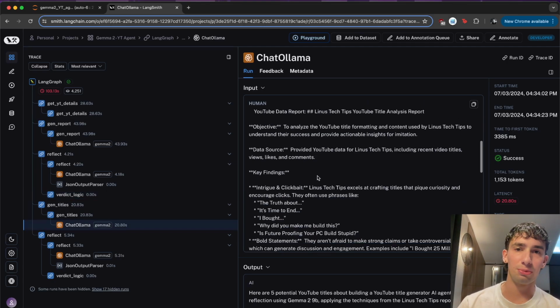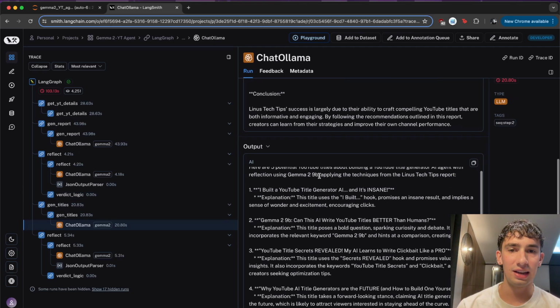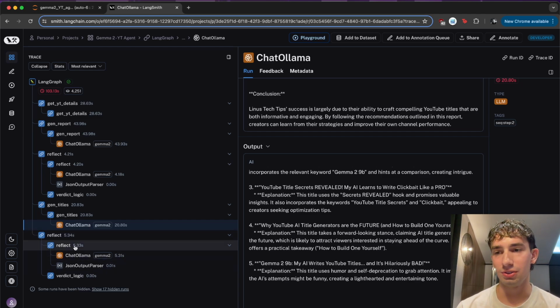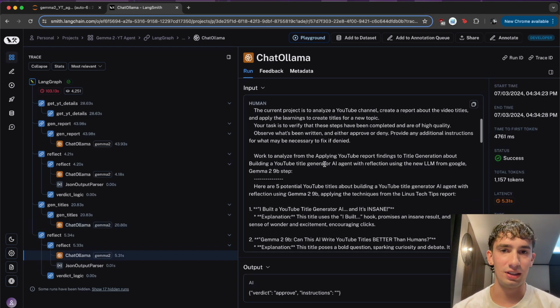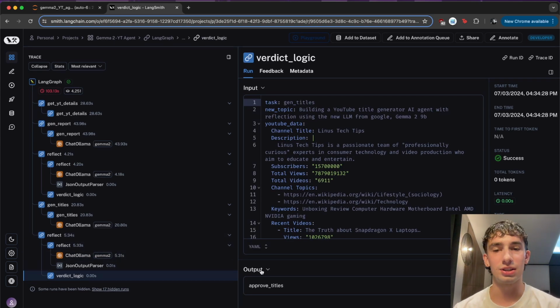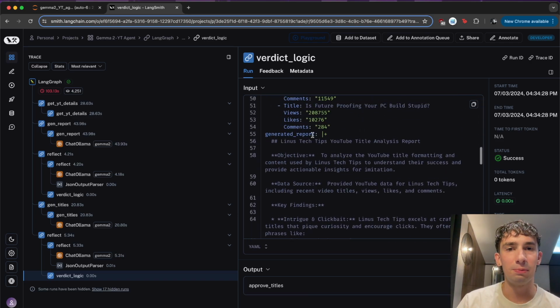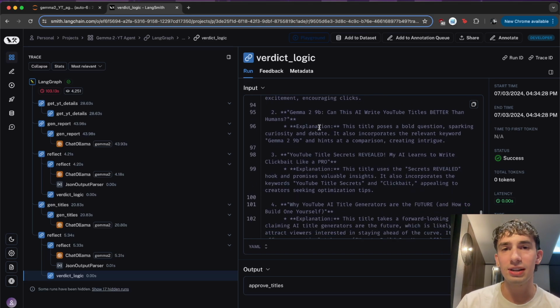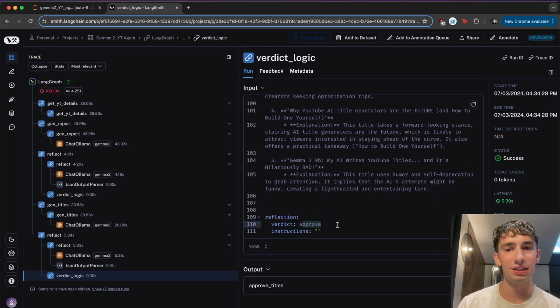Title generation prompt is updated with all of this, and then it outputs this step, goes back to the reflection, which is then in this step, it says approve, and then all of the verdict logic is set approved. And then now we can see in our state, we have that the last task was generating titles, the new topic that we want, all of the YouTube data here, the generated report, the generated titles, and then the reflection